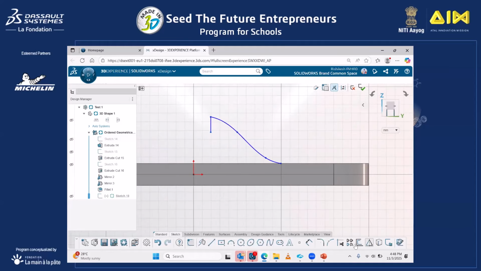So let's get it offset now. We will use these entities to offset. Let's select this. It's not getting, so let's again start with the same thing. Let's select this. Let's add a dimension here,